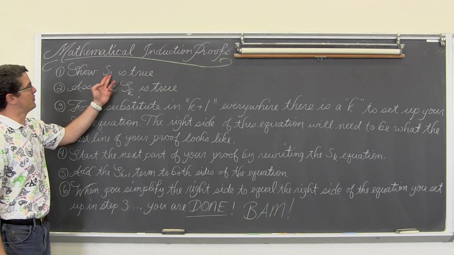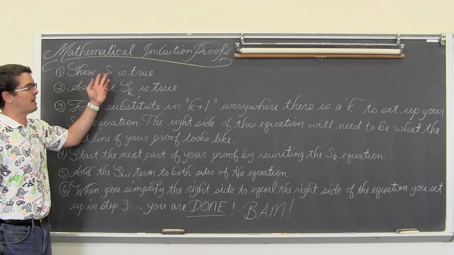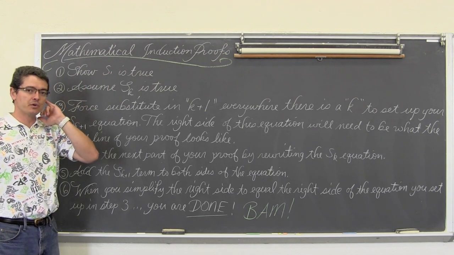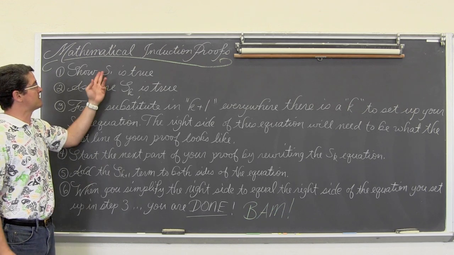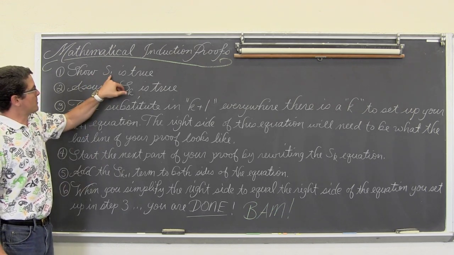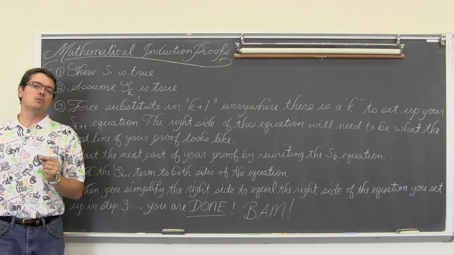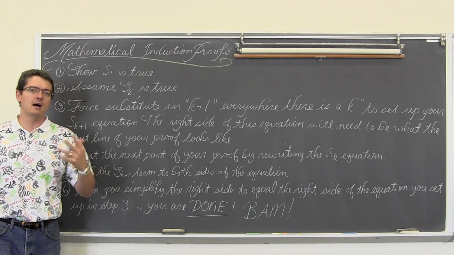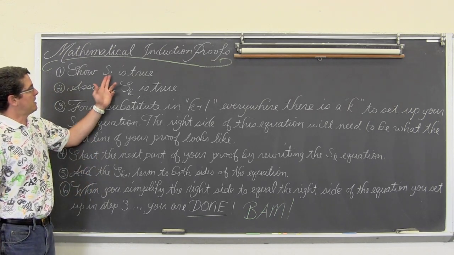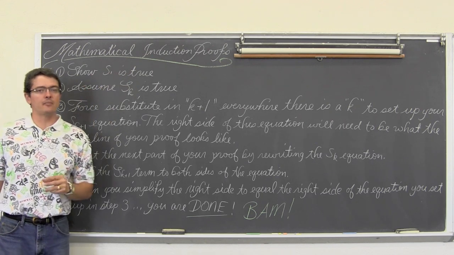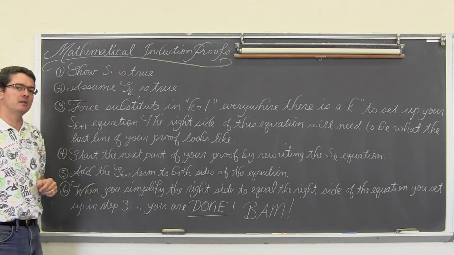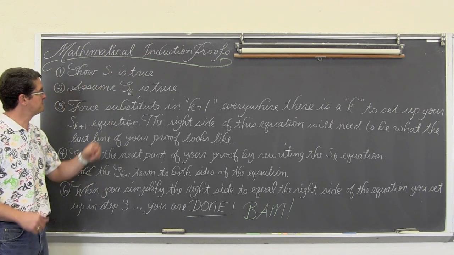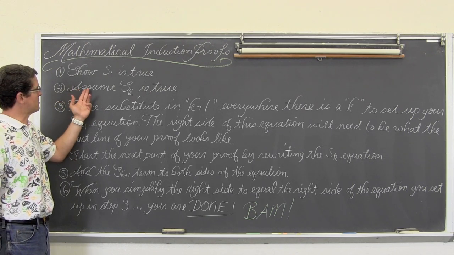So when I say that you're going to prove or show, not prove, that S of 1 is true, when you say S of 1, that subscript of 1 means that n is equal to 1, or whatever the subscript letter your textbook is using, k, i, whatever. And, well, you'll see this in the example, but you're going to show that it works for the first term in this equation that you have, if you're given a sequence or an equation.